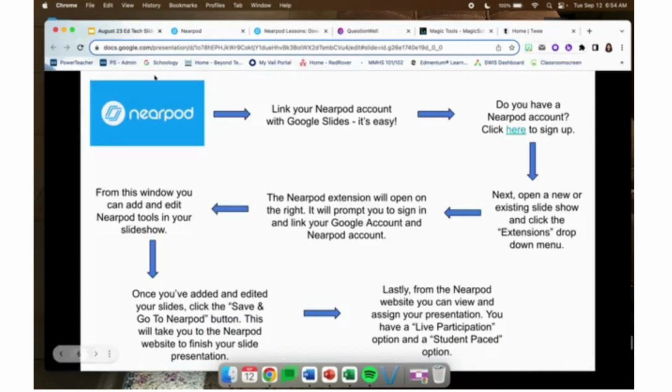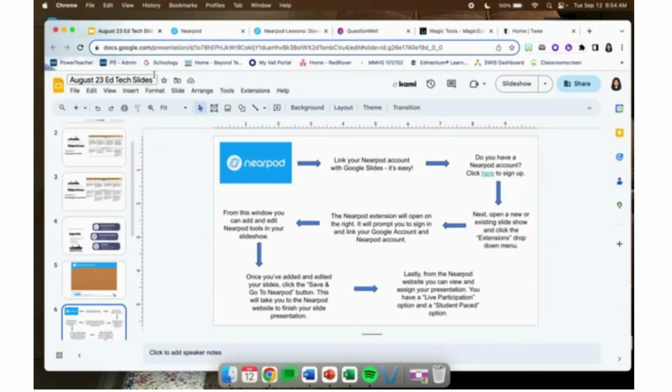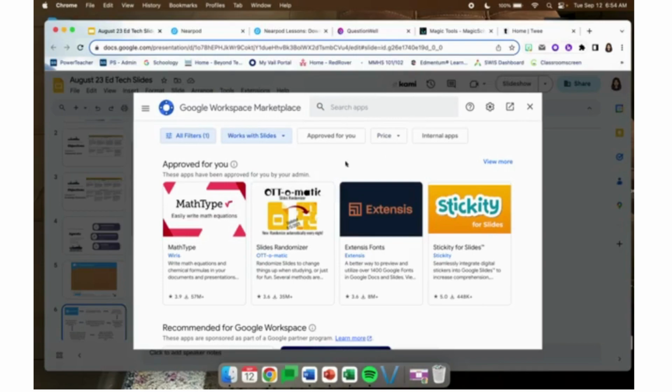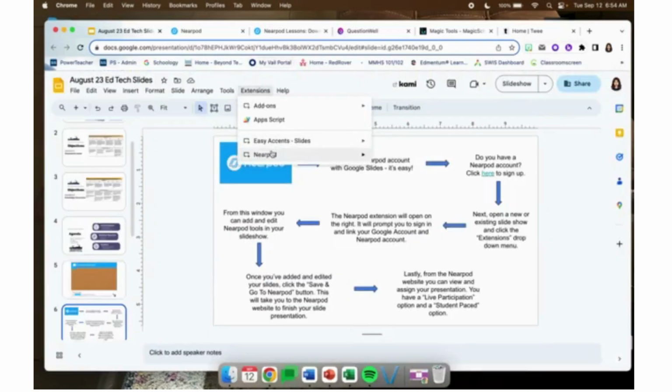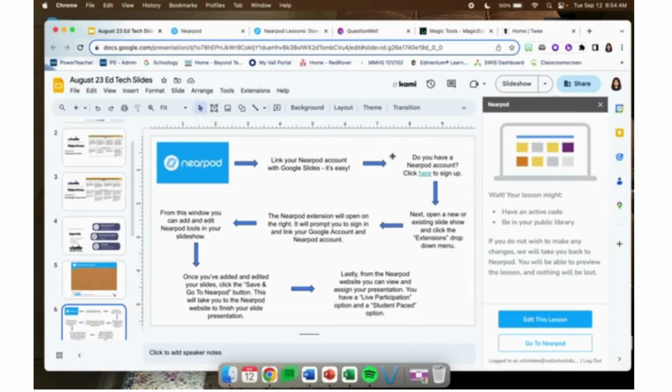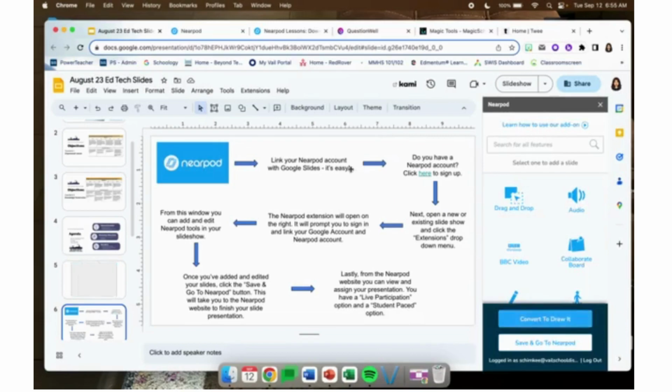But let's go back to Google Slides and show you, once you have your account, you can add the extension. So on your menu bar up here, you go to extensions. I already have Nearpod added, and the district has added Nearpod as an extension that everyone can use, so you probably won't have to search for it, but if you need to, you can go to add-ons, get add-ons, and search for Nearpod in this menu here. Otherwise, you'll probably see it right down here, and you just go to Nearpod and click Open Nearpod, and it will open a menu bar on the right-hand side,